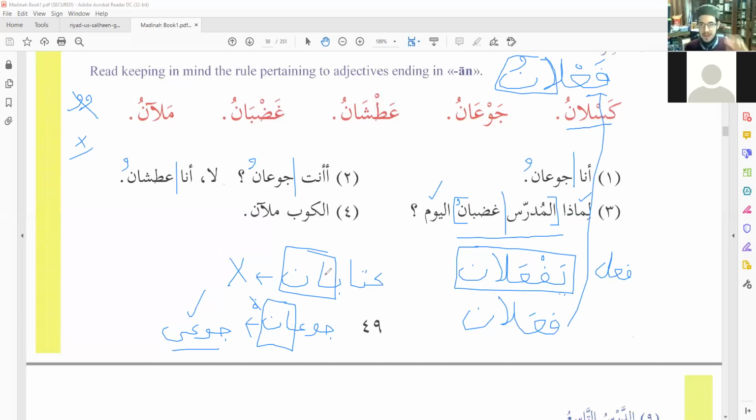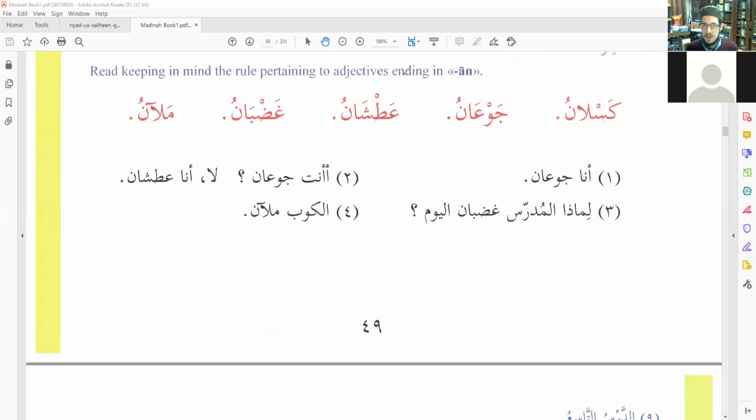Okay. Whew. All right. So I climbed down the rabbit hole for that one because it was bothering me. Most important point to get is that al-mudarrisu ghadbanu is mubtada khabar. Al-mudarrisu is mubtada, and so it's ma'rifa. Ghadbanu is khabar, and so it's nakira. And the only thing preventing it from having tanween is that it's mamnu' min as-sarf. It is indeclinable. Okay, thank you for indulging me with that aside.